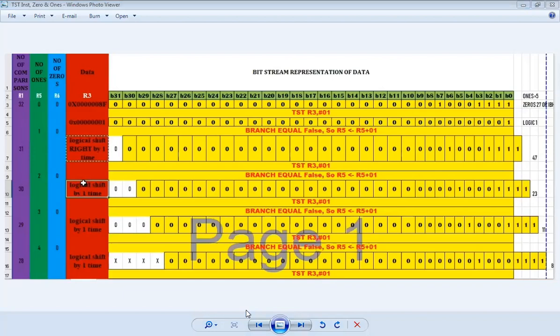Is it clear? Sir, if a number is negative, the MSB bit becomes positive. I mean, the MSB bit goes logic high, the bits, right? Yeah, all the bits will go high. Yeah, correct. All the bits or only MSB bits? From MSB onwards.